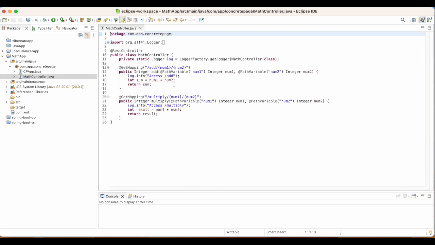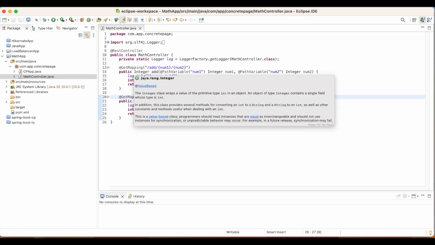Look, for the demo, I am creating a URL for the add operation and one URL for the multiply operation. Both will take two path parameters, number 1 and number 2, and they will return an integer.